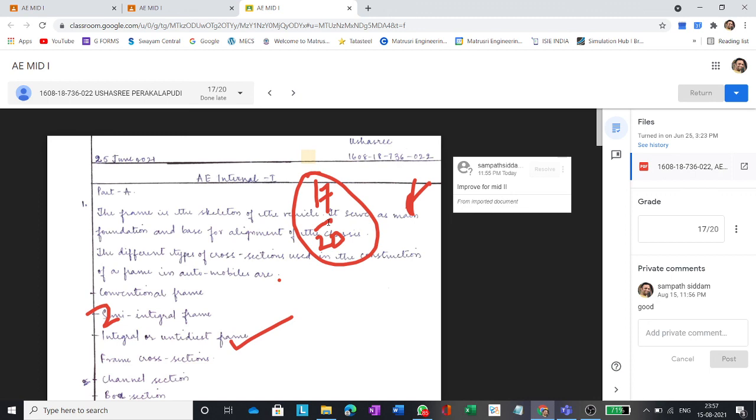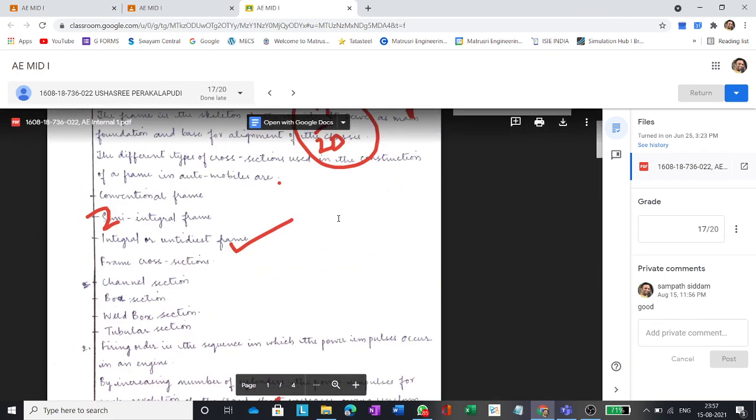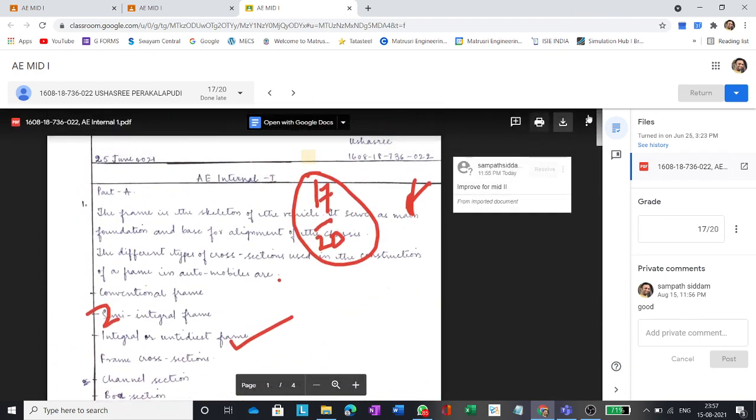The students also can check the same paper, and it will be visible to them in the same way. Whatever individual marks have been given, they can verify that. There is a comment, and they can also reply over there. This is the method for evaluation of your mid exam through laptop or desktop, without a digital pen.